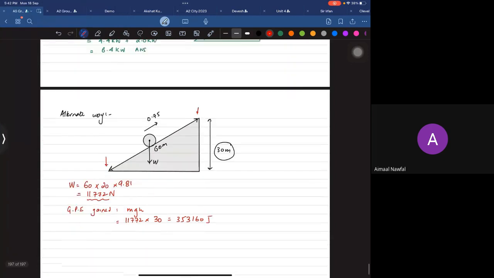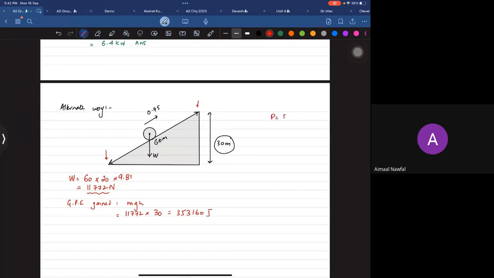Now I need to find power, right? To find power, I need to divide energy by time, so I need to find the time. The total time they would take to move from this point to this point is time equal to displacement over velocity. The total displacement they've moved is 60, and the velocity is 0.75 meters per second. Do you guys agree? So 60 divided by 0.75 is going to be 80 seconds. Please check the answer if I'm correct. That's just in my head. Okay.